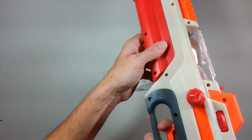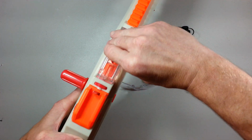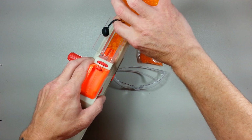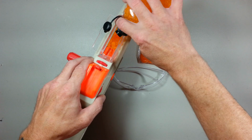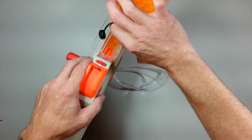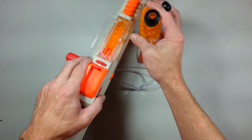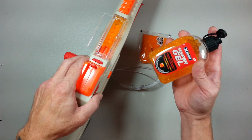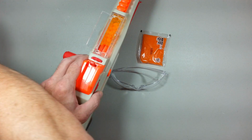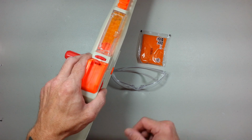Okay, that is a big boy. Let me fill that thing, and we're gonna try it on the chronograph. I have to say, this is not gonna be fun to fill running on the field, and the only reason I'm able to fill it like that is because I have this hydration bottle that X-Shot gave us with the blaster, and this blaster was $21 with the same amount of rounds, same size hopper, and they had a hydration